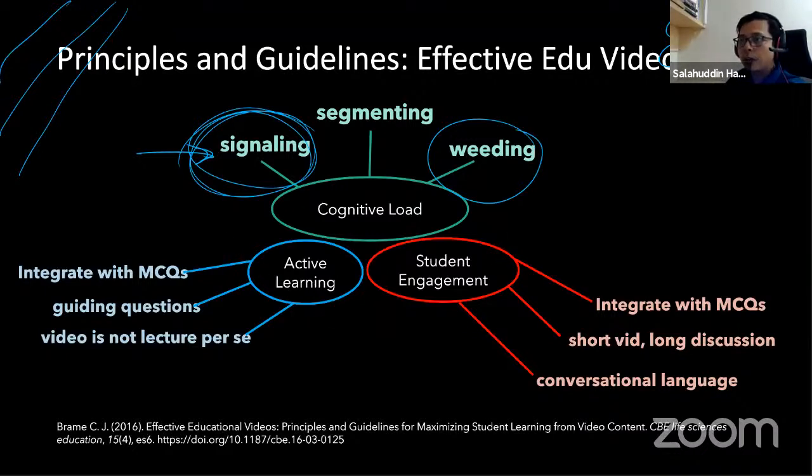We also need to look at steps to encourage active learning. We don't treat our videos like just lecture videos. It's not that we record our lecture to the camera and for one hour we just have slides and a book and we keep talking. So an educational video is not a lecture per se. Meaning it's not a lecture by itself. It needs to trigger some other learning opportunities. So this is what I've got from last